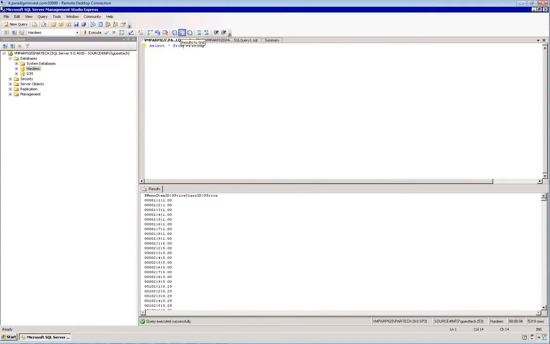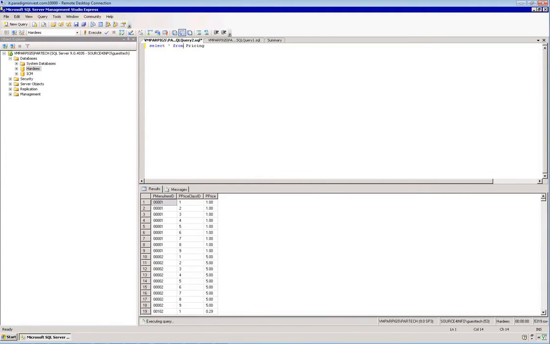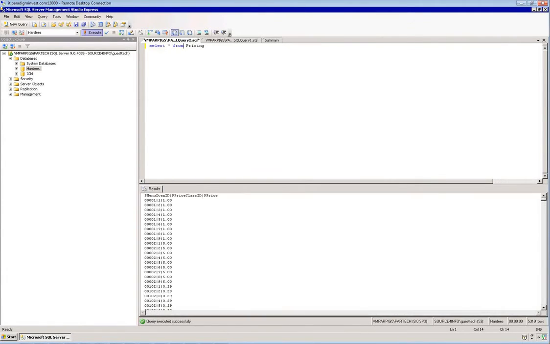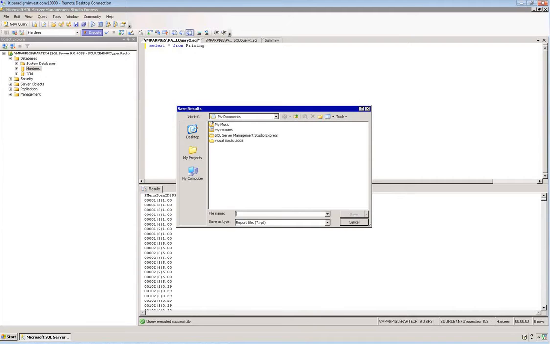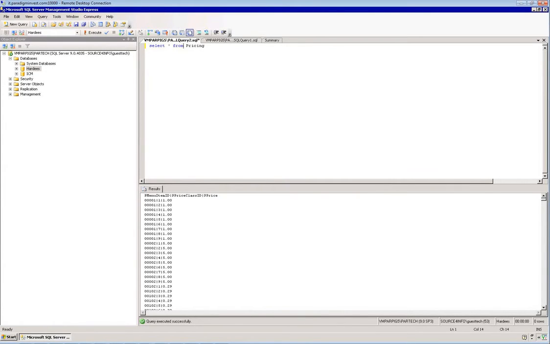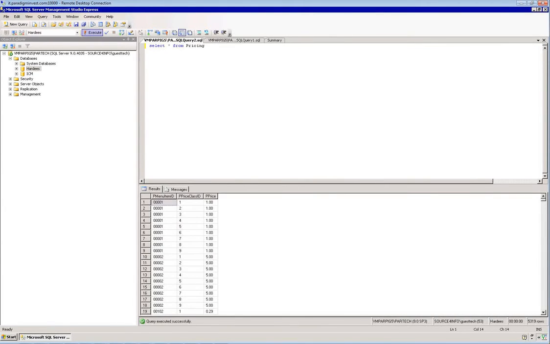selection is going to be results to grid, so you will get what this looks like. If not, you're going to have it on results to text, and it'll look like what I just saw a second ago. If you click on results to file and then click on execute, it'll bring you up a box saying, hey, do you want to save this? So let's go back to the grid and run execute. And the best way to save this is, while it's on grid, is